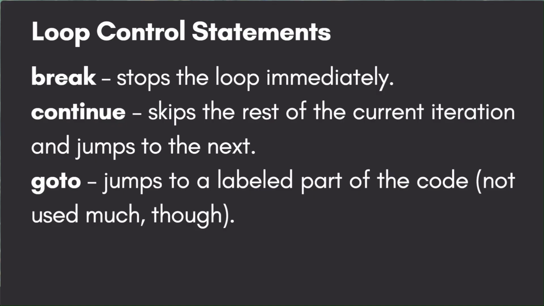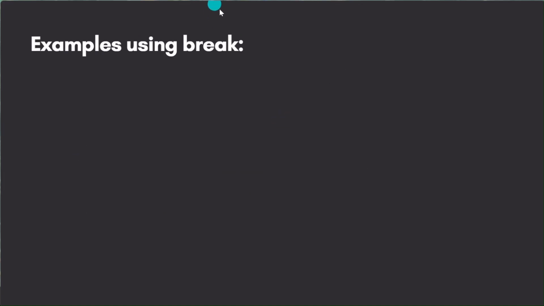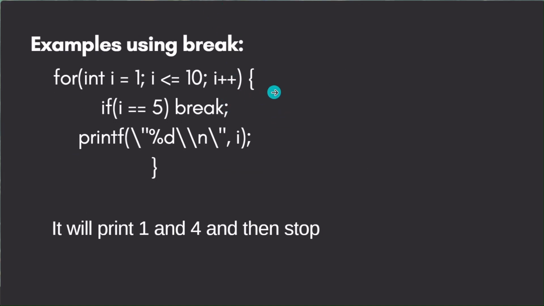Here is an example for break. This is a for loop with a break statement inside. The loop starts with integer i = 1. It runs as long as i is less than or equal to 10. In each iteration i is increased by 1 with i++. If i is equal to 5, then break. Inside the loop, the line checks is i equal to 5. If yes, then it breaks and executes